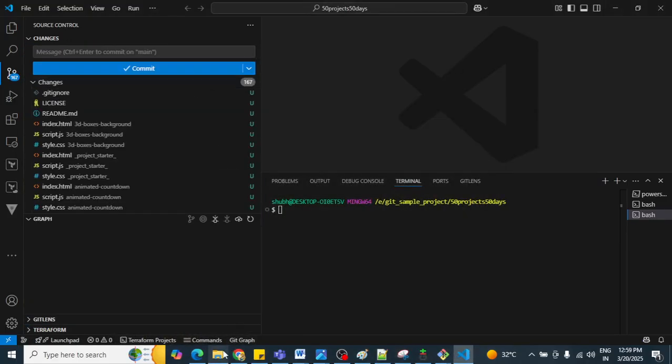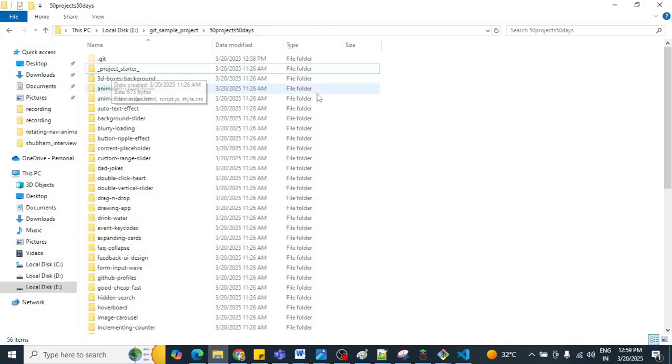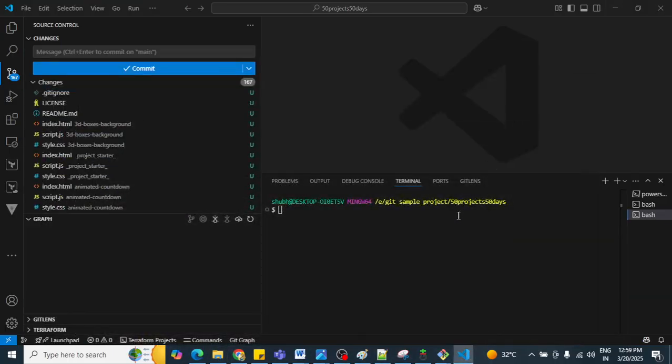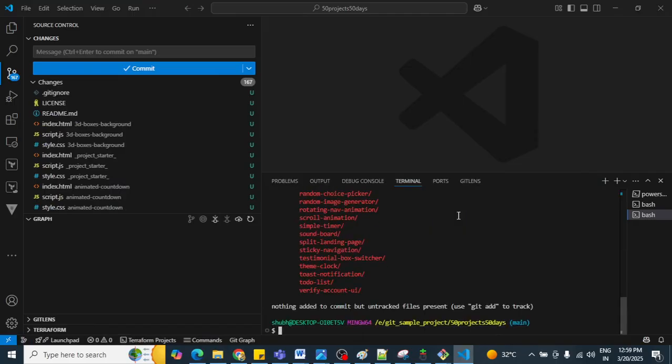Yes, now it is tracking. Now if you run git status, got it. So in this way also you can initialize your project tracking with the help of Git.